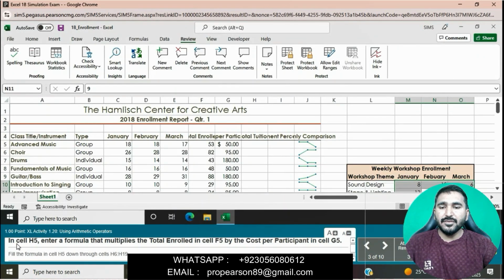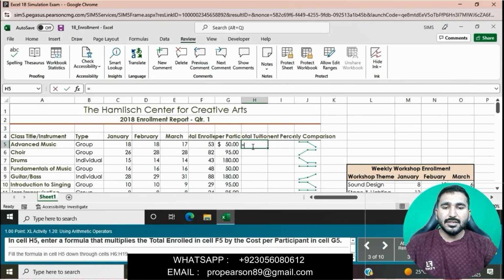In cell H5, enter a formula that multiplies the total enrolled in cell F5 by the cost per participant in cell G5. We will go to cell H5 and then enter a formula. Press equal to, multiplying the total enrolled F5 by cost per participant G5.